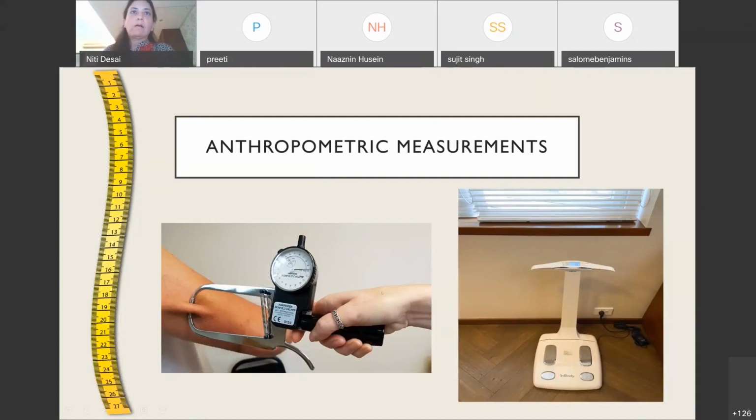Also, then of course the skin fold calipers, which are more often than not used in the research setting, and then any machine which uses BIA. I use this machine, and it gives us a lot more data than just the weight. And in fact, the data that comes from this machine very often helps us to plan the nutrition intervention better, but even more to convince the patient that with this detailed data, you definitely need to increase your protein intake. You need to increase your muscle mass, which is one of the most common issues that we face in the Indian population.